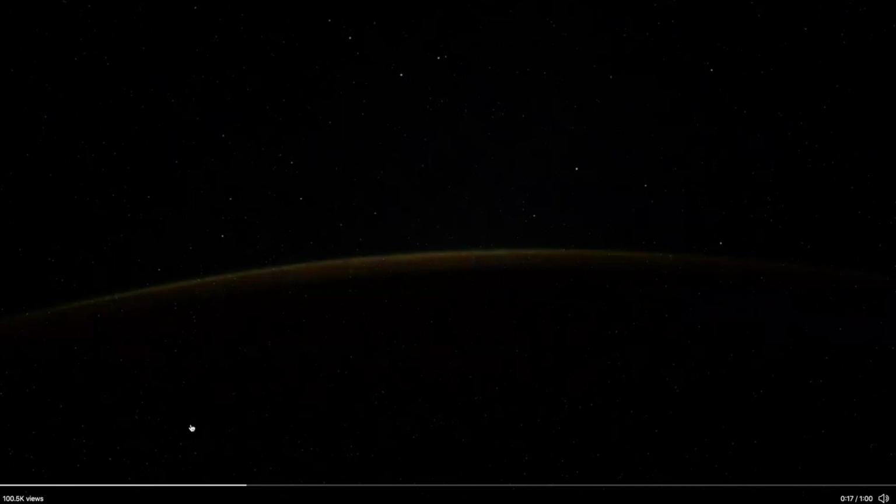Typically, the satellites that go around Antarctica and around the poles are going to be surveillance satellites. They follow a longitudinal path going from pole to pole, so as the Earth rotates below them, they can continuously look down on different portions of the Earth. You'll have geopositioning satellites. So it's interesting to see that we have them flying in formation like this, because typically when you have things flying in formation,